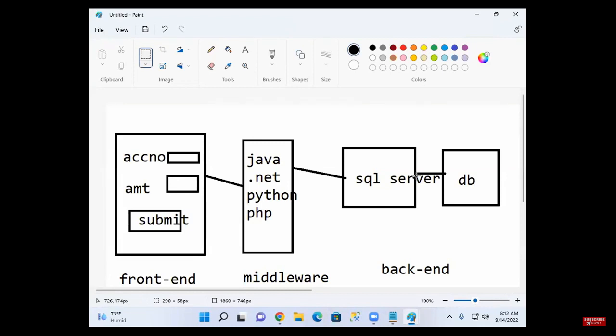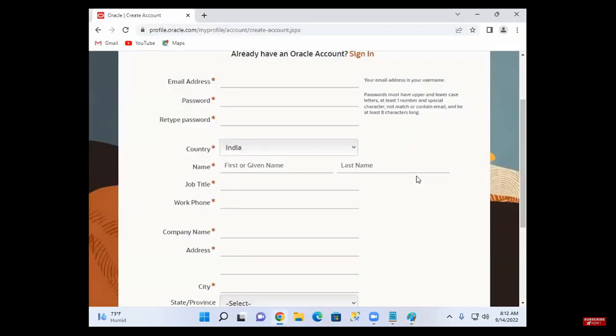You can create forms. To create a form, it just takes half an hour. Like this, you can create the forms. So with only HTML, you cannot develop the project, and with only SQL Server, you cannot develop the project. You develop the project with a combination of technologies.